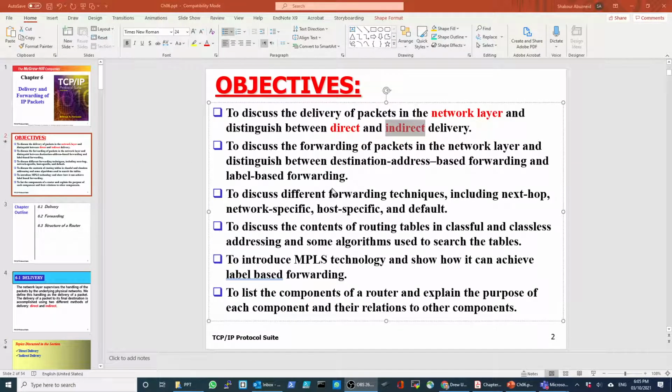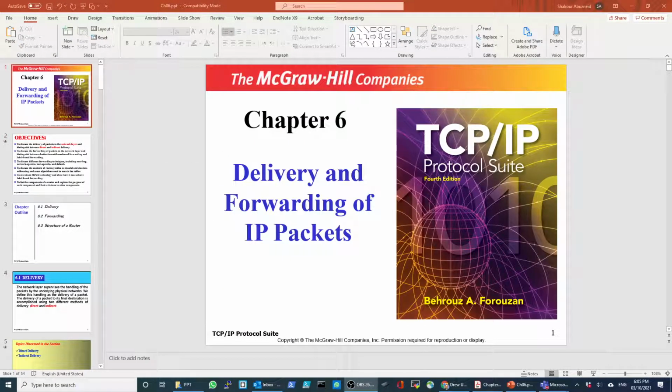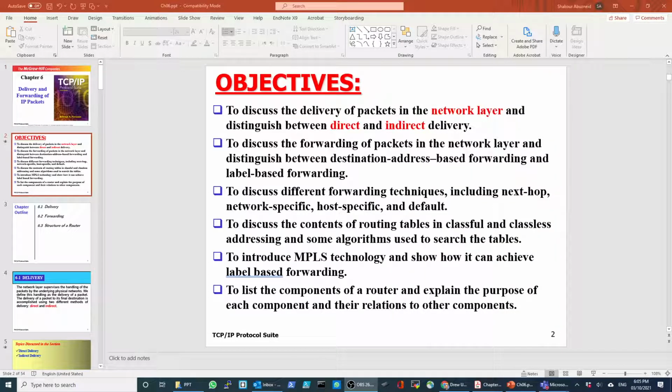So again, today we'll be talking about delivery and forwarding of the IP packets in layer 3, routing. The network layer, layer number 3, is responsible. There is direct and indirect delivery. And we will discuss the forwarding of packets in the network layer, how the packets are forwarded in the network